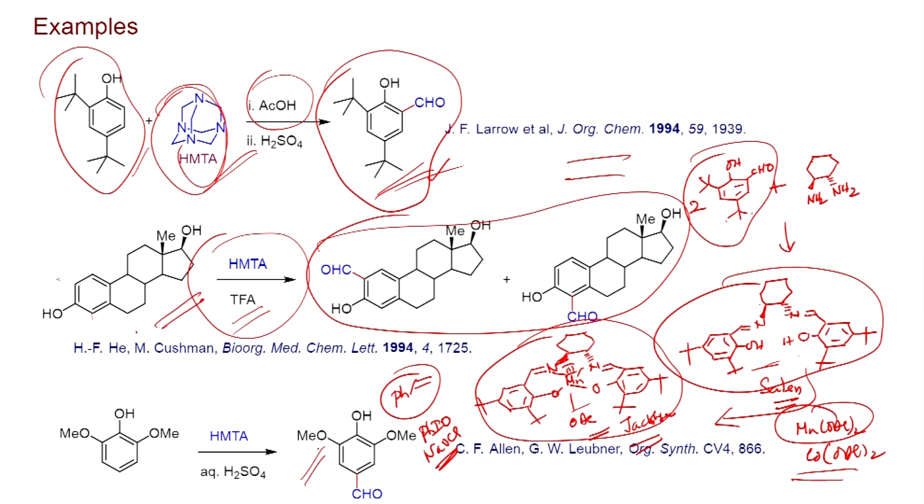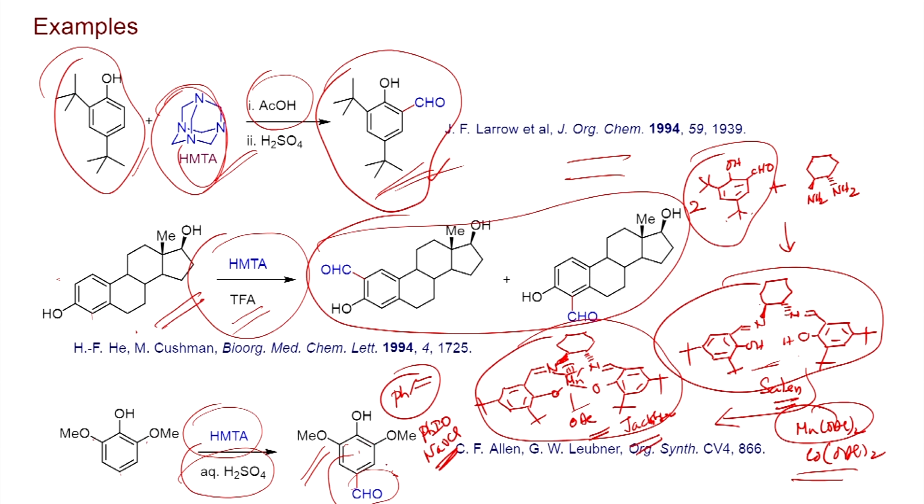Now, let us look at this example. Now, you have blocked the two ortho positions and the para position is vacant. When you react with hexamethylenetetramine in the presence of aqueous sulfuric acid, you can introduce the aldehyde group here. So, this is one of the practical methods we often use if you want to make salicylaldehyde, or